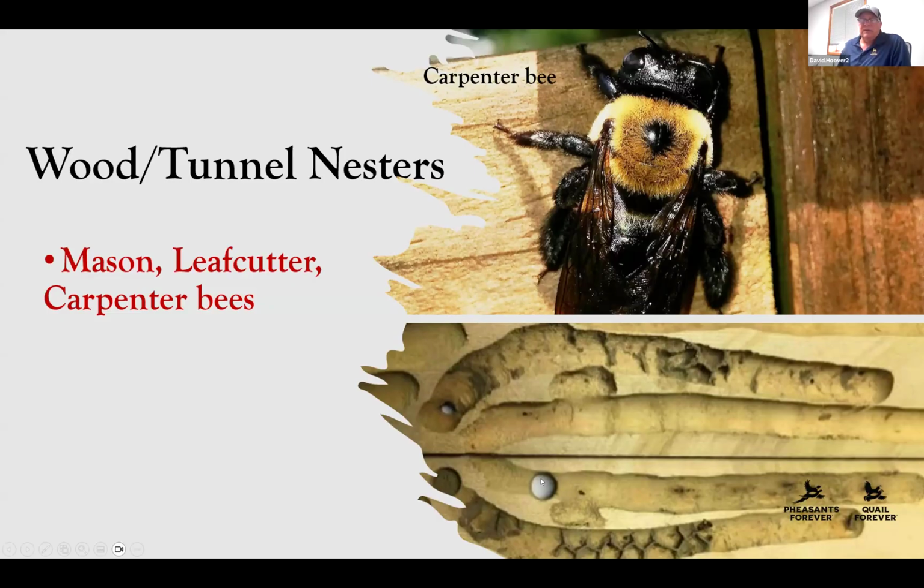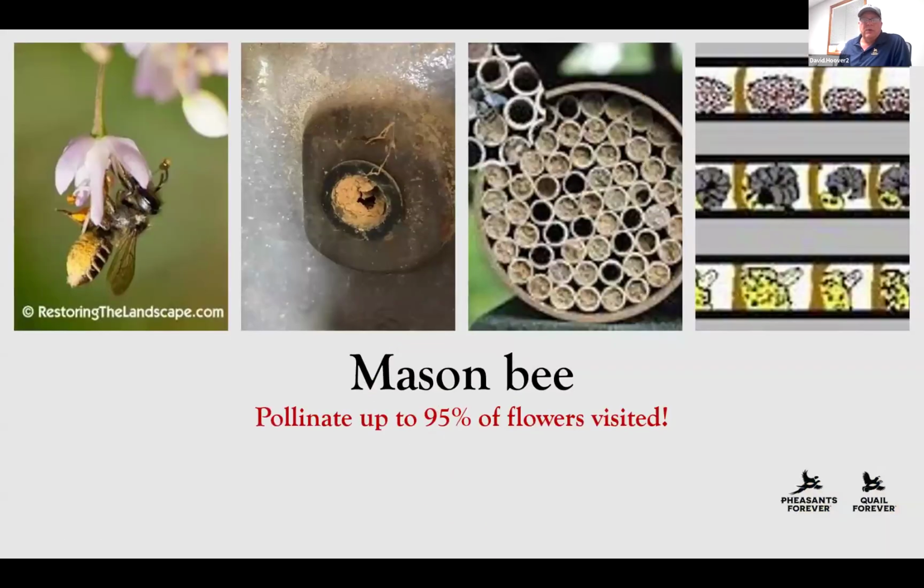They come in and then they excavate a cavity, and then you see these little cells where they placed the egg, and they'll use them year in and year out and expand them each year, which is one reason why they can be a problem on untreated wood, or wood that's not around buildings that's not kept stained or painted well. The mason bee, one of the things that I noticed very unique about them, they pollinate about 95% of the flowers that they visit,